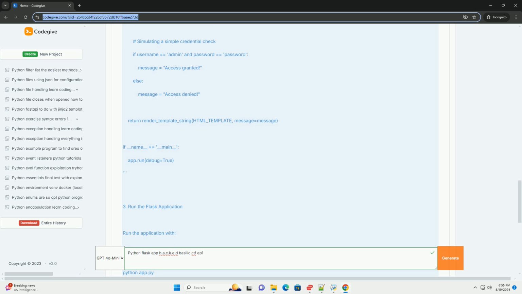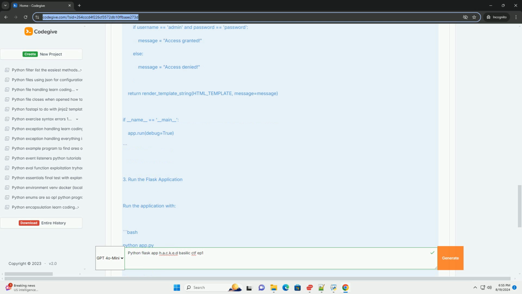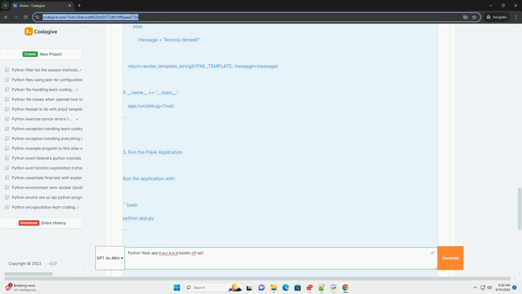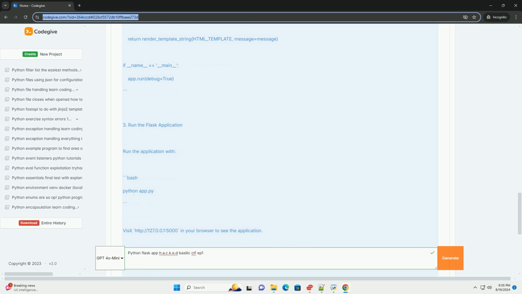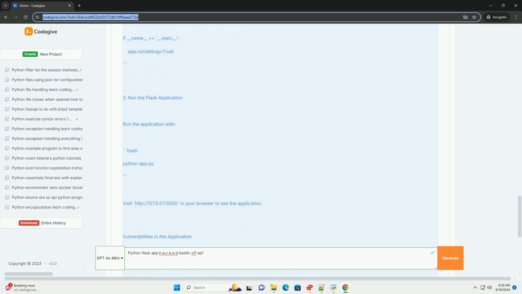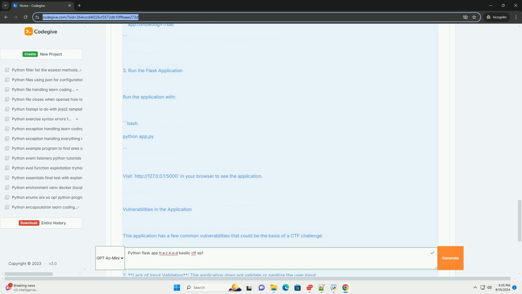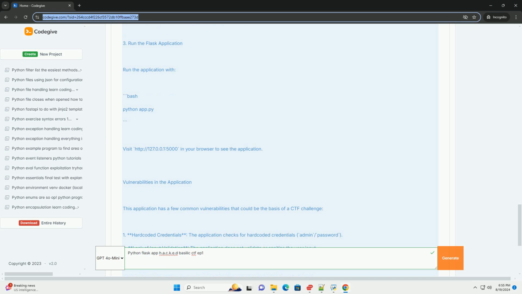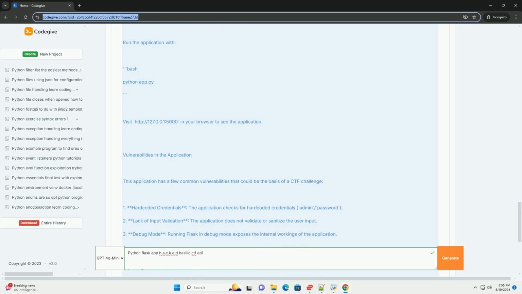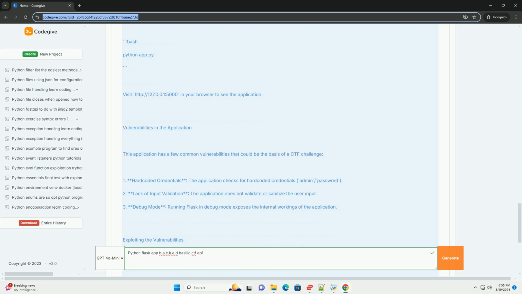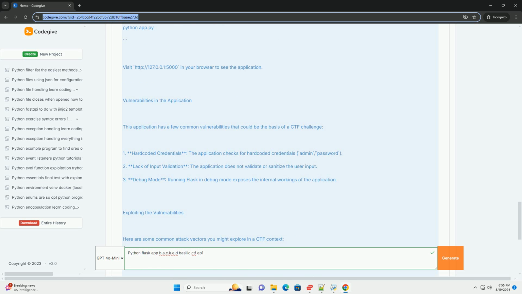Exploiting the vulnerabilities. Here are some common attack vectors you might explore in a h.a.c.k.e.d context. 1. Brute force: attempt to brute force the username and password fields due to the lack of rate limiting. 2. Injection attacks: if the application used user input in SQL queries or shell commands, you could exploit those vulnerabilities. 3. Debug mode: since the application is running in debug mode, you can expose the Python shell and potentially execute arbitrary